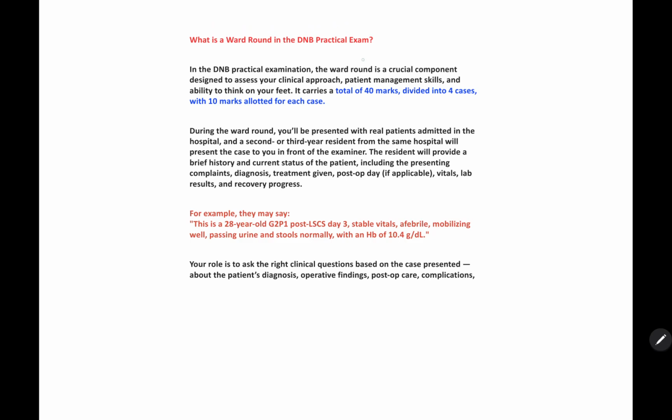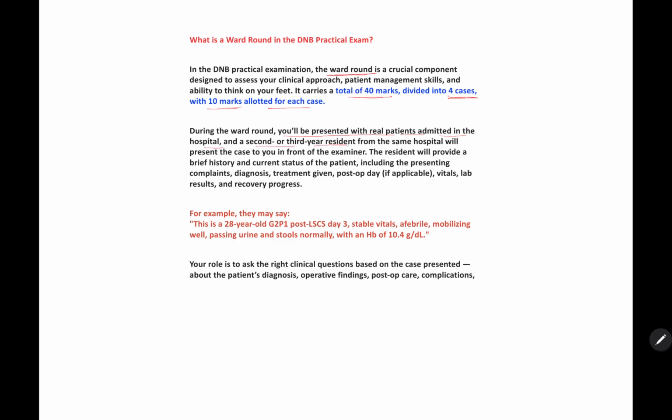So in the DNB practical examination, ward round is very crucial. Like it is of total 40 marks. You will get 4 cases and the 10 marks allotted for each case. So total 40 marks. During the ward rounds, you will be presented with a real patient admitted in the hospital,